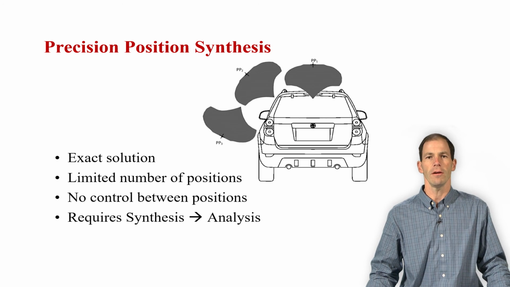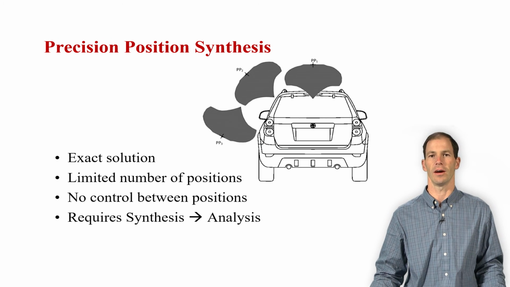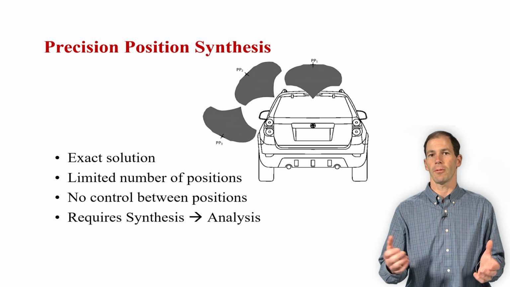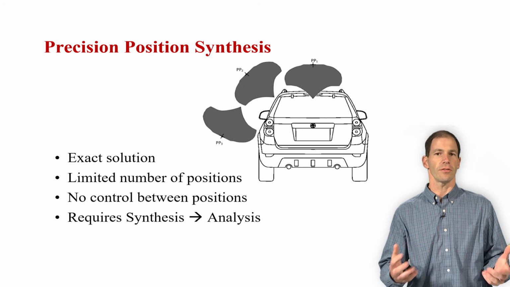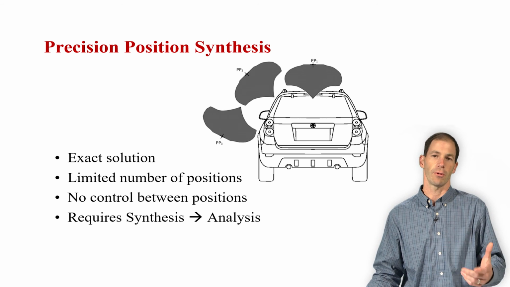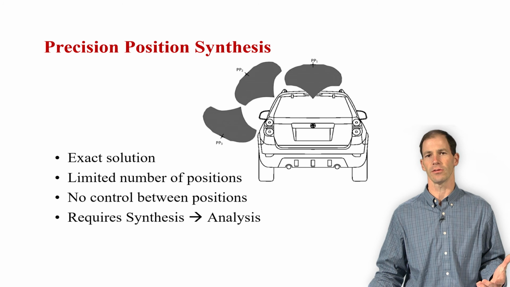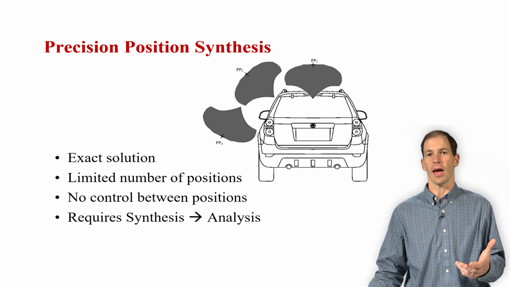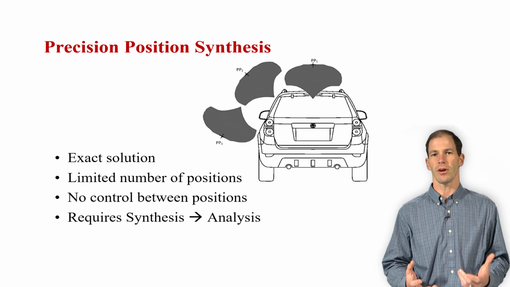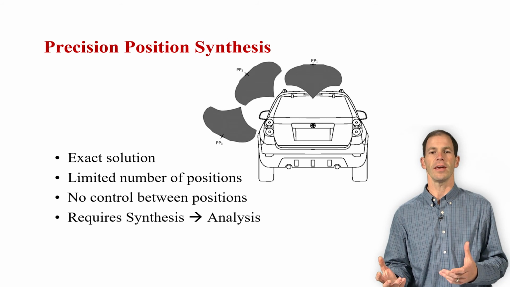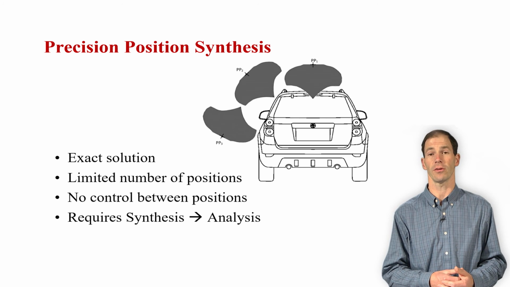So first of all, we have been spending a lot of time in class talking about precision position synthesis. And so for example, this motion generation problem where we're trying to put the kayak up on top of the vehicle, this is a classic example of having 3 or maybe 4 precision position synthesis, and it works quite well for this because one, we get exact solutions at those 3 or 4 precision positions, but we do have some challenges. One is that we really can't guide the motion in between these 3 or 4 precision positions,